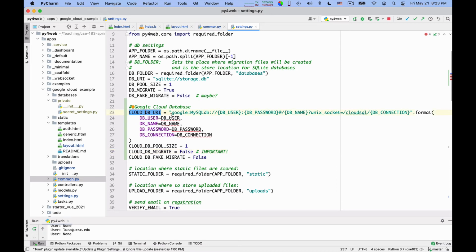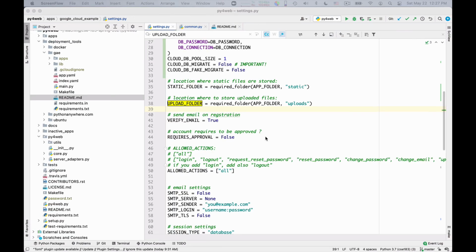This will be a pointer to our Google Cloud database, which will be sitting in Google MySQL DB, and then we will have the database user, the database password, and the database name, the Unix socket, and the database connection. So these 4 variables, DB user, DB password, DB name, and DB connection, I will define them again in my secret settings, but I want to show you nevertheless how I do create a cloud database for use here.